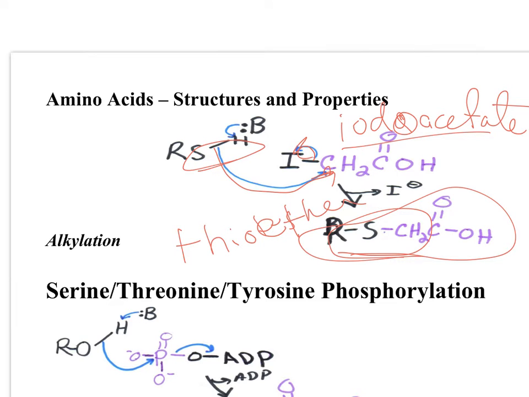And the ether, if you remember, is a carbon, oxygen, carbon, and the thioether would be a carbon, sulfur, carbon linkage. So this is what you would get for alkylation. And what's kind of interesting about this, and I find this fascinating anyway, is